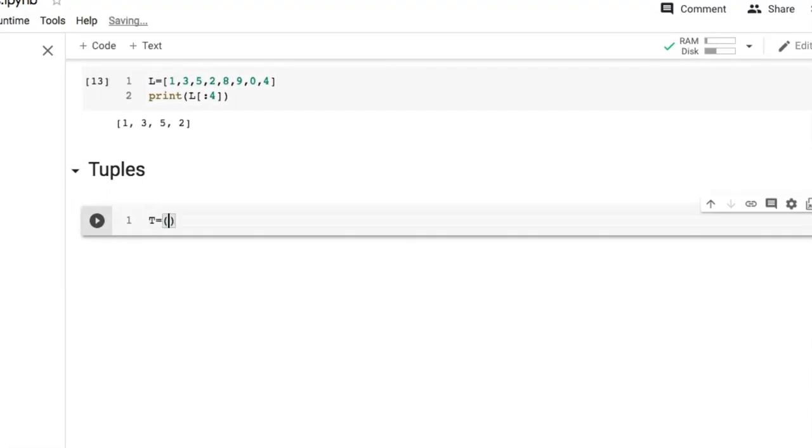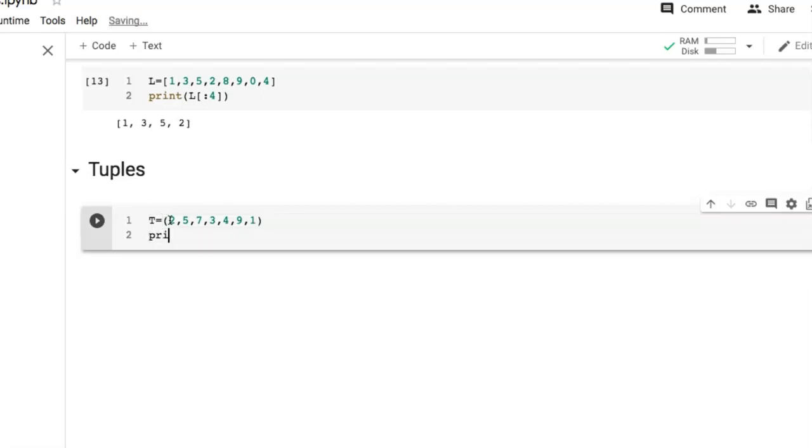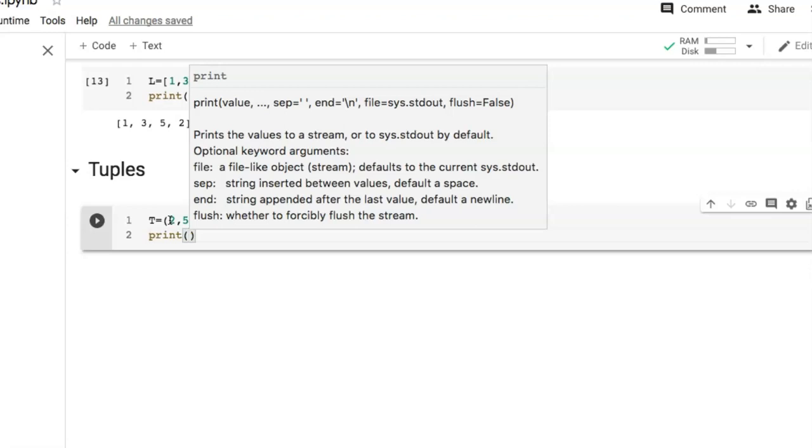It should be inside parentheses, and take some elements, for example 2, 5, 7, 3, 4, 9 and 1. So access elements by using index number.